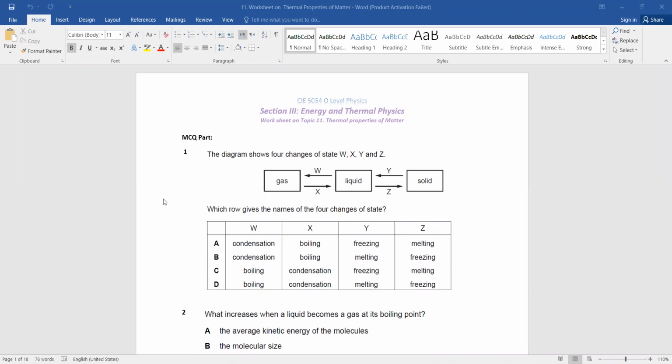Hello, Farabi. Now we are writing it here. Y is melting. In your copy, you can write worksheet 11, MCQ 1, then process Y is melting. Please write it, then you can remember when you see the worksheet.